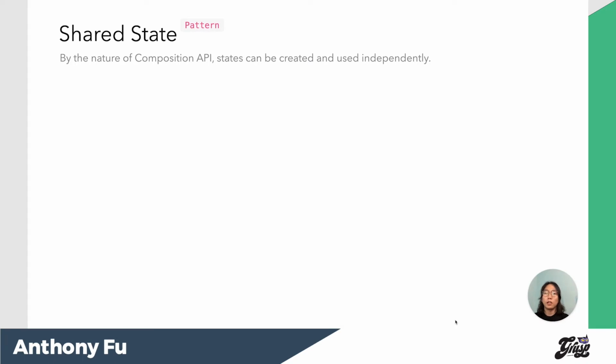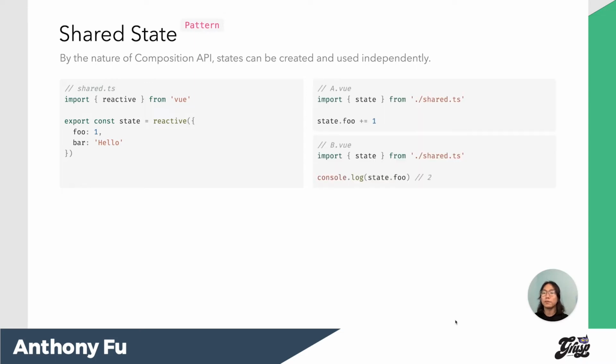With the flexibility of Vue's Composition API, sharing state is actually quite simple. You can declare some ref and reactive states in a JavaScript module and import them in your components. Since they are using the same instance, the state will just be in sync. But please note, this is actually not server-side rendering compatible. In server-side rendering, your server will create a new app on each request, where this approach will keep the state persistent across multiple renderings, and normally that's not what we would expect.